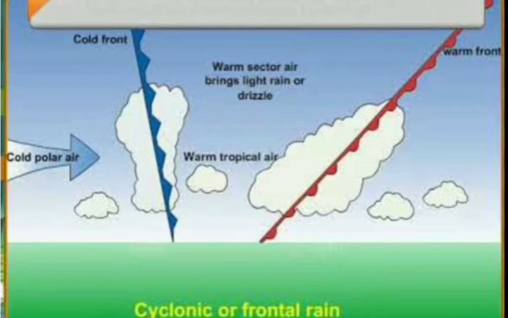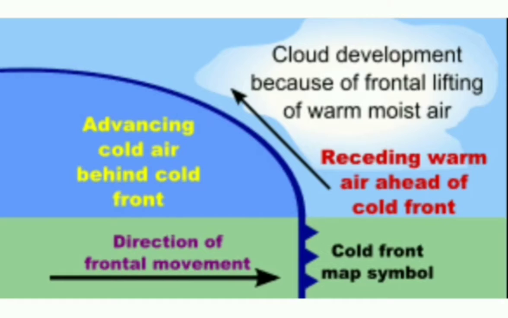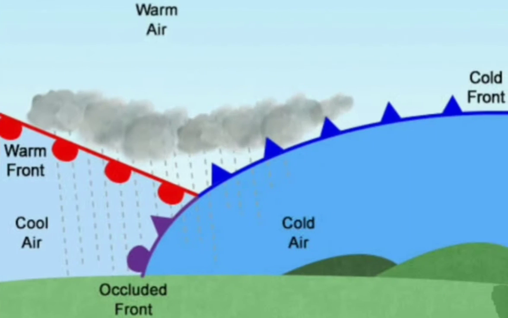So you can see inside this diagram the cold air coming from this side and the warm air from this side. The warm air shown in red and the cold air shown in blue, that is known as cyclonic rainfall. Why? Because one air mass is extremely hot and the other is extremely cold. Whenever the two meet together, the warm air is forced to rise up, makes the clouds and gives the rainfall. You can see here also this warm front, and on the other side the cold front.